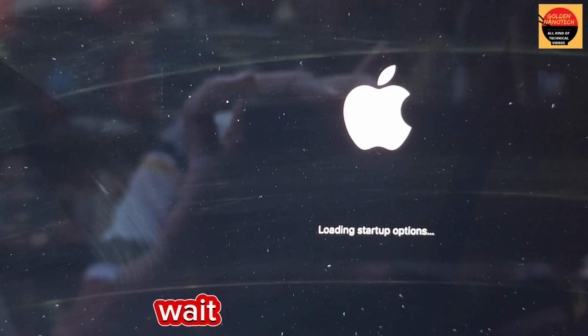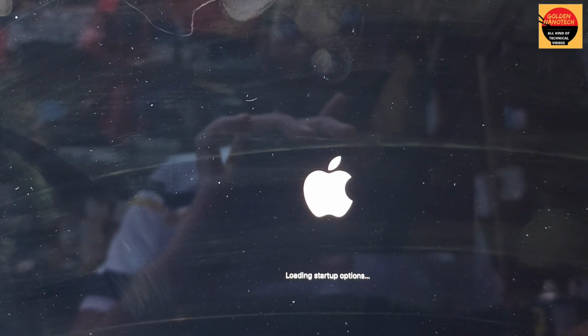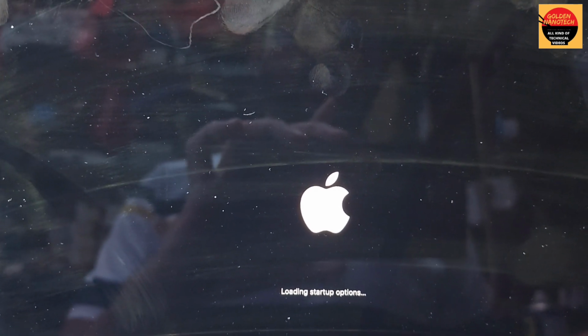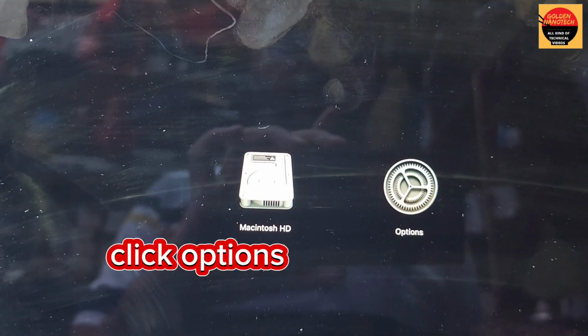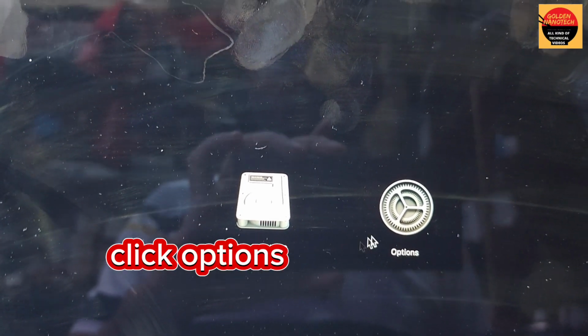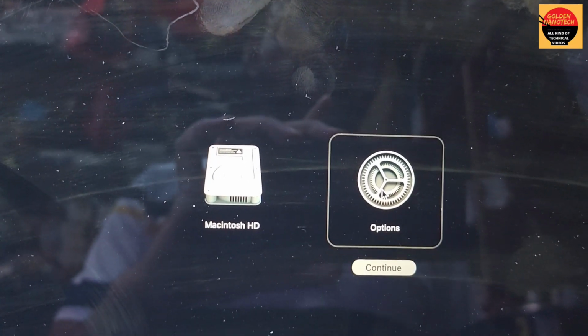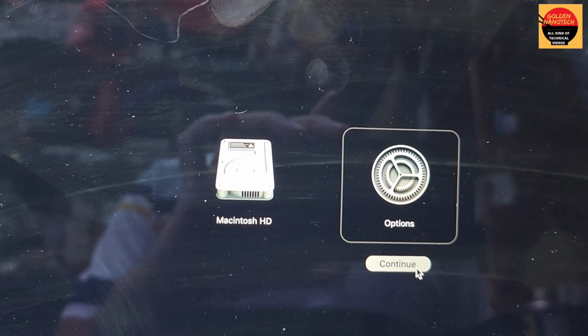the continue holding for setup option. Okay, continue holding for setup option, loading option. This is the recovery option for this latest model laptop, MacBook 2020 or 2022. And here you can see there are two options. We have to go into the option Continue. Okay,